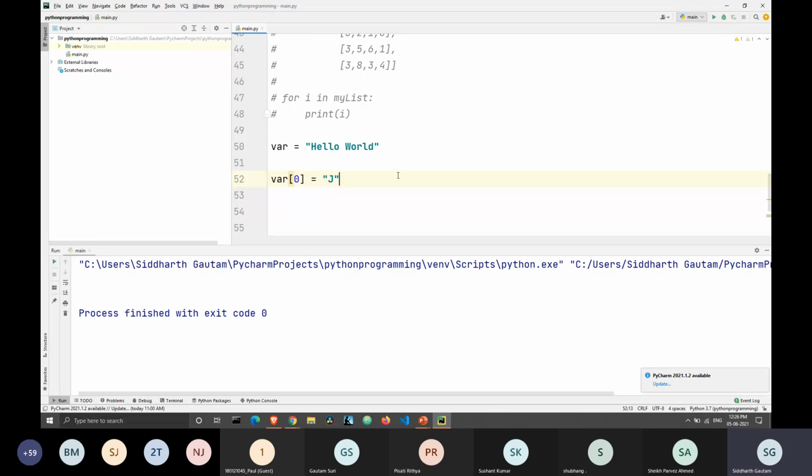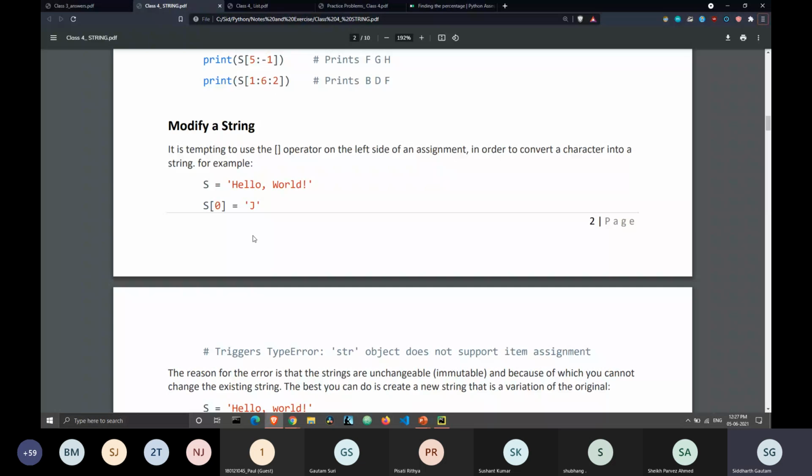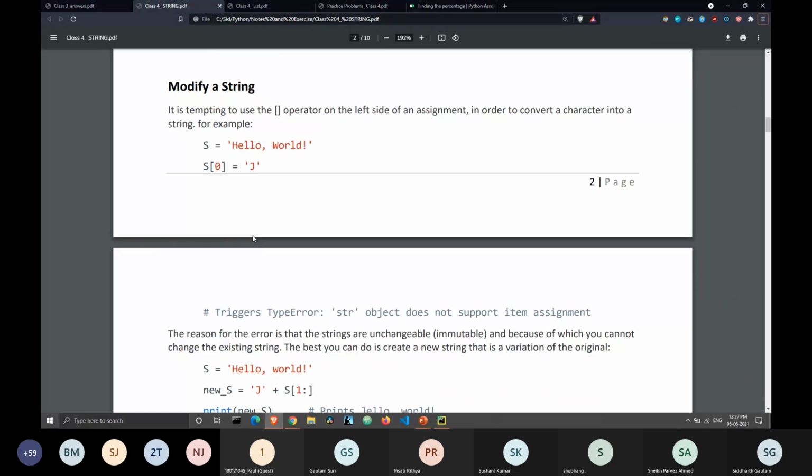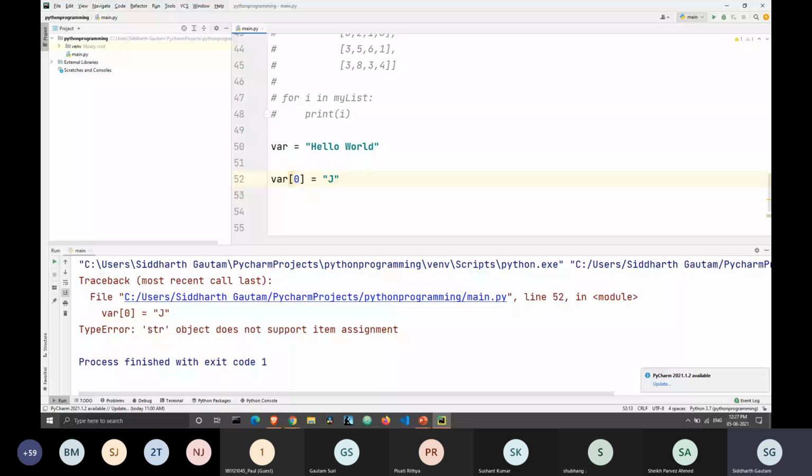In this case, instead of hello world, I'm going to be printing jello world. Okay, this threw me an error. Let's see what I did wrong. Okay, let's print var 0.